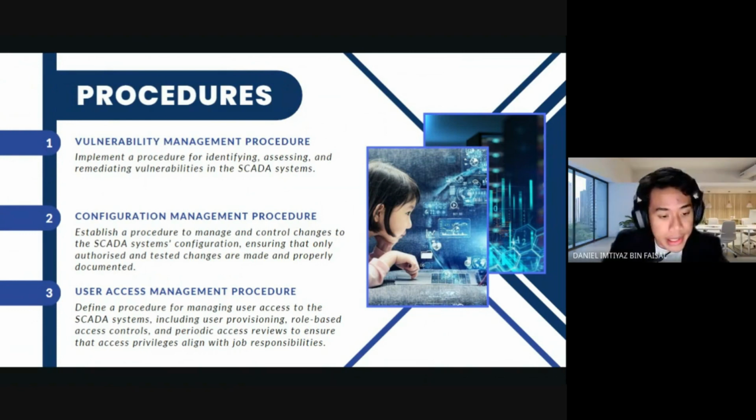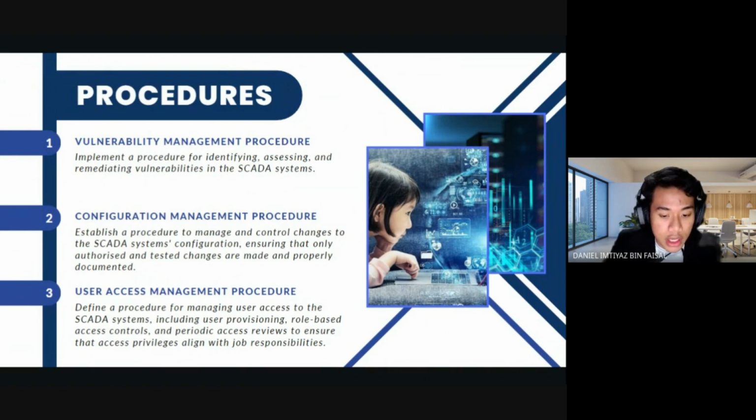Thirdly, the user access management procedure establishes a process for managing user access to the SCADA systems. It includes procedures for user provisioning, which involves creating user accounts, assigning appropriate access privileges based on job roles, and providing necessary training and awareness on security practice. The procedure also involves implementing role-based access control (RBAC) to ensure that users have the least privilege necessary to perform their tasks.